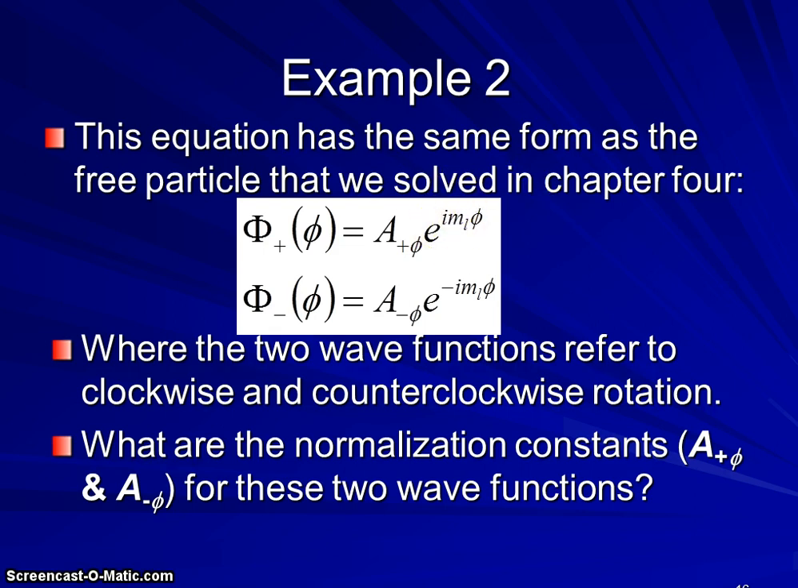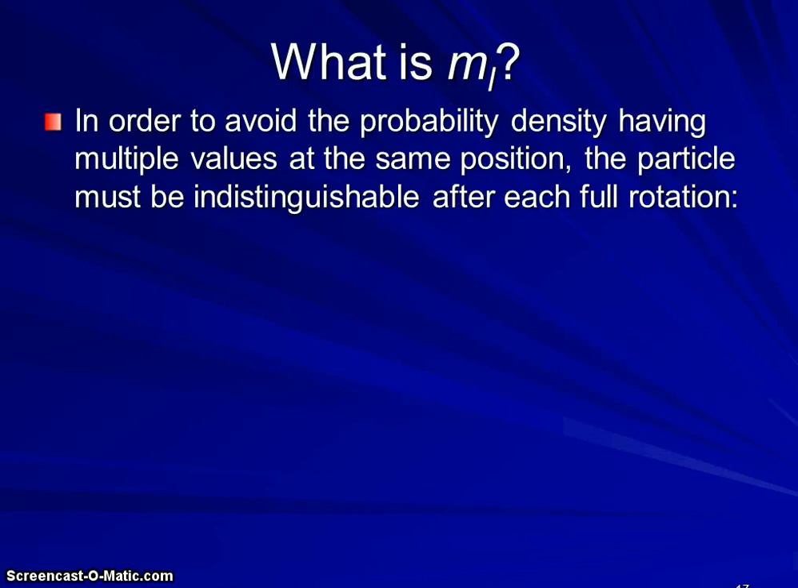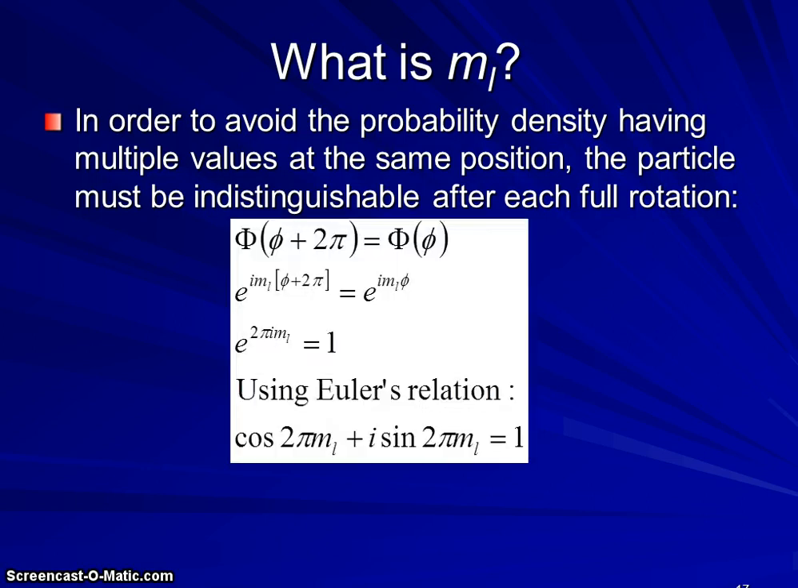What is m sub L? In order to avoid the probability density having multiple values at the same position, the particle has to be indistinguishable after each full rotation. So what we're saying here is that this function at any particular position has to be the same as that function at that position plus 2 pi. So if we take the system that we have and substitute in phi plus 2 pi for phi and set those equal to each other,